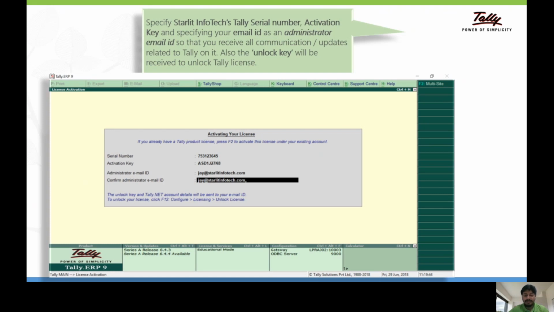So how can you do it? I'll move to the product and show how we can do it in the product. First of all, I'll open a browser to show how we can download Tally. So I'll share my browser. Let me open the browser and I'll share the browser screen. Okay, so this is the browser.